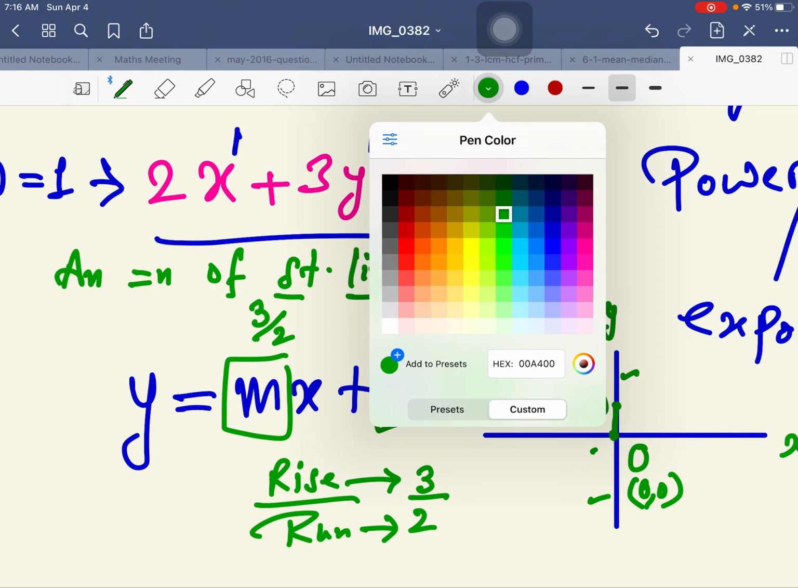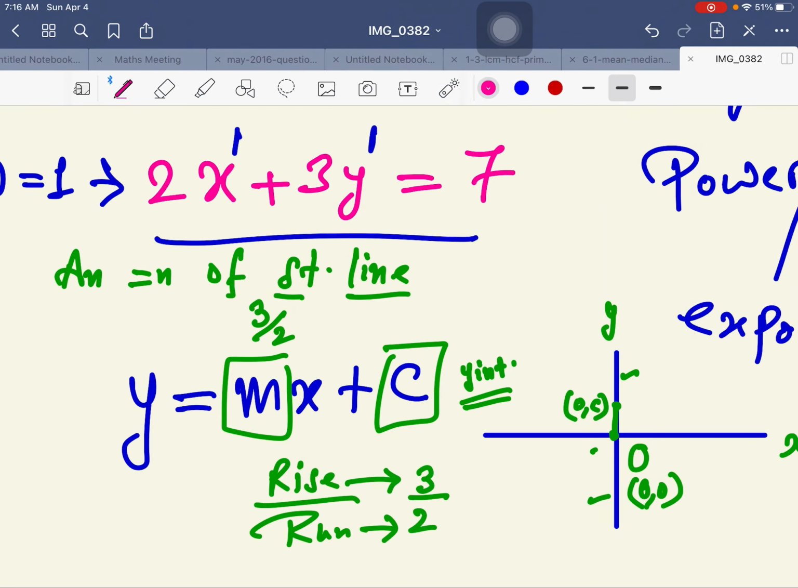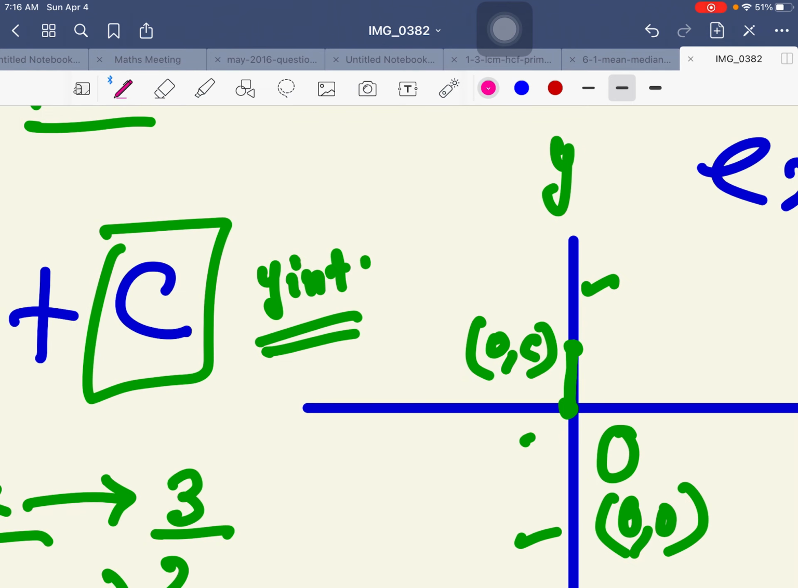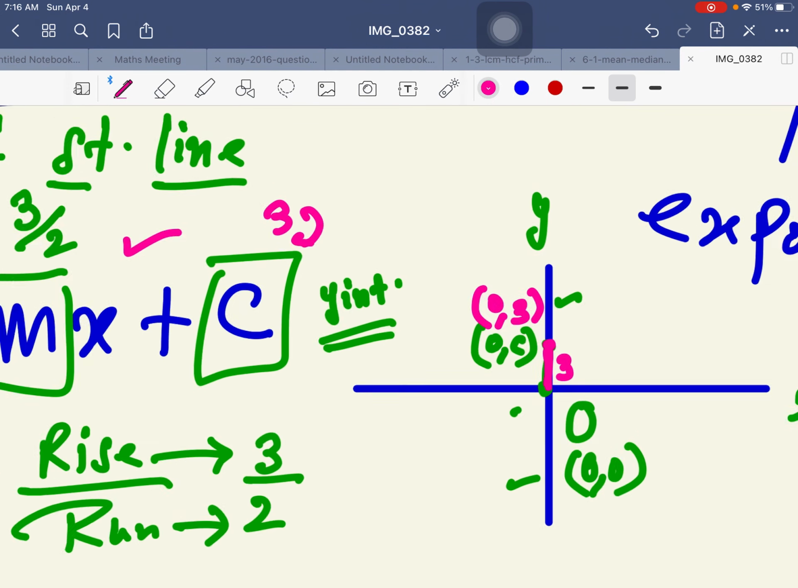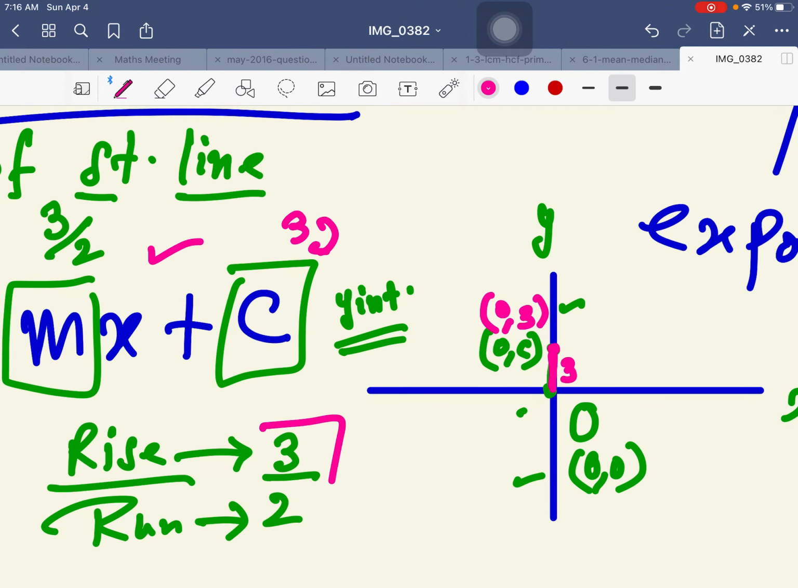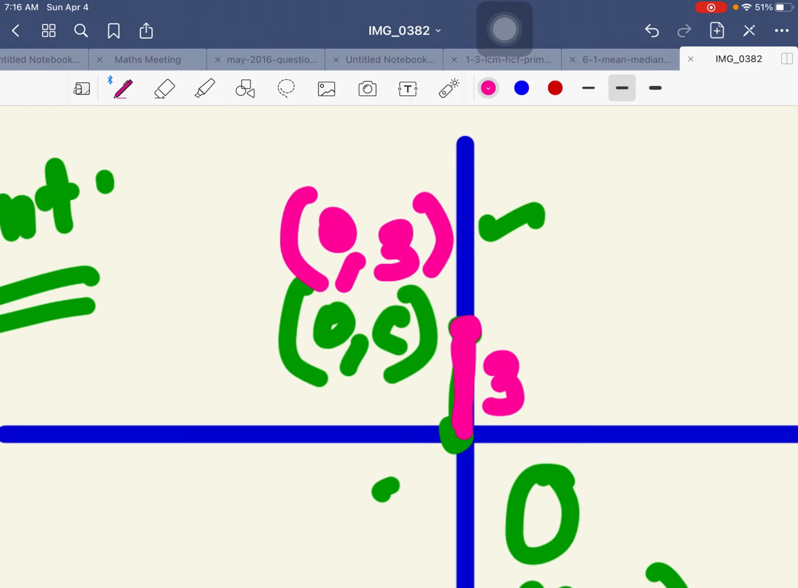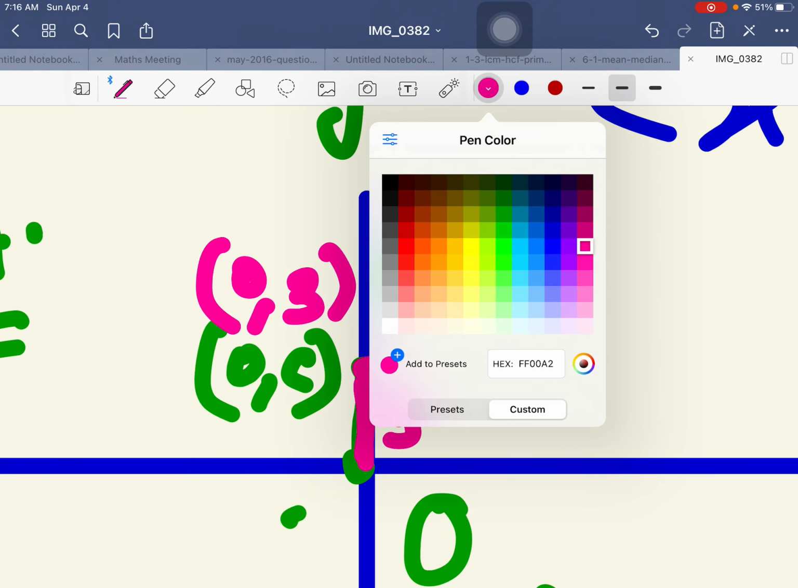What I will do is start from that y-intercept. I already got one y-intercept. This y-intercept will be on the straight line whose equation I'm talking about. Suppose this c is 3. Okay, y-intercept is 3. Suppose this point is 0, 3. So this length is 3. Now I know that the gradient of this line is 3 by 2, and this is rise, this is run. From this y-intercept point, I'm going to run